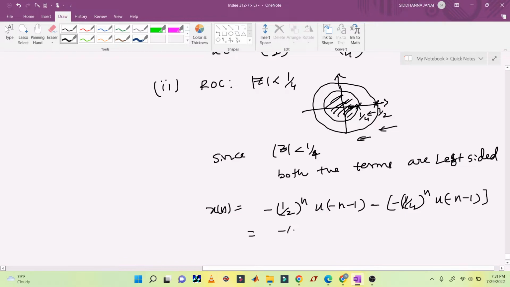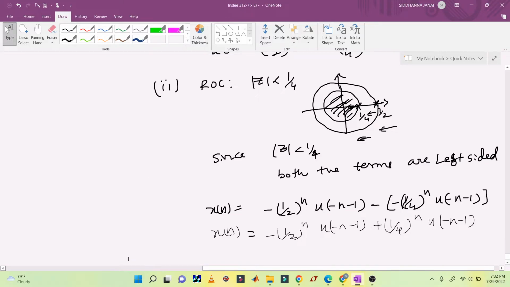So this would be minus 1 by 2. Sorry, I need to put the bracket. So how do you write this? Minus 1 by 2 to the power n u of minus n minus 1. Minus of minus is plus 1 by 4 to the power n u of minus n minus 1. So this is x of n when ROC is less than 1 by 4. When it was greater than, first